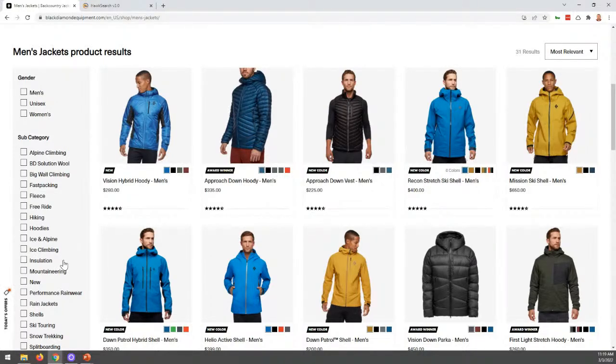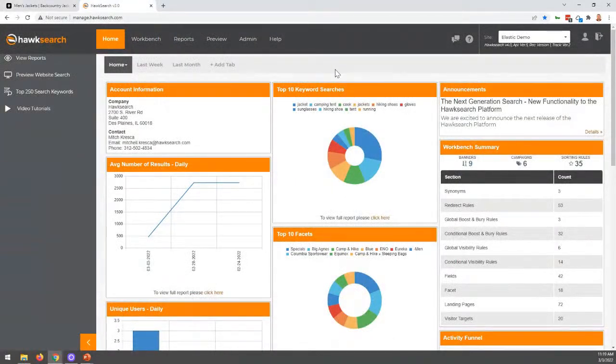I don't want to spend a ton of time here. I don't want to take up everyone's time, but I want to very quickly show a little bit of the back end of the tool, because it is super important to understand that just like what BigCommerce does in terms of making this a really developer-free experience where it's something that can be very hands-off and really in the marketer and merchandiser's tool, I did want to give you a quick example here of the back end of the tool,